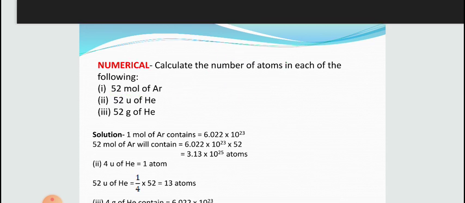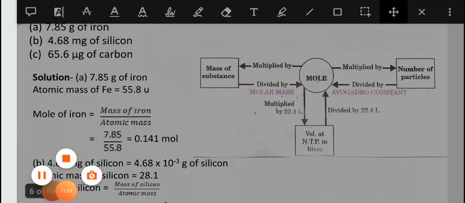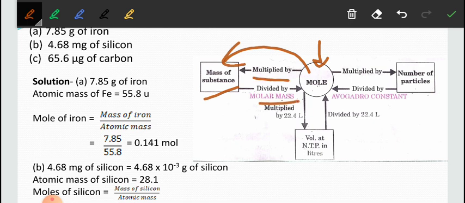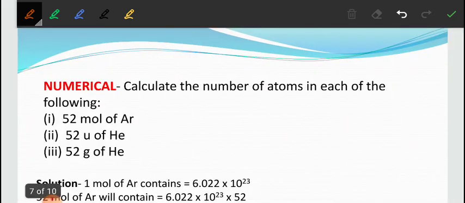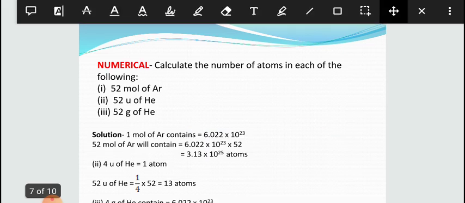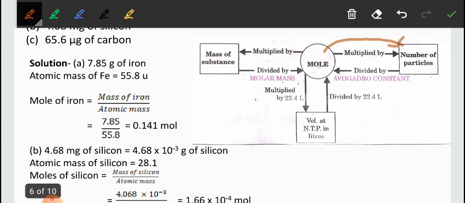Let's move to the figure that we found previously. It is saying that if we have moles and want to calculate mass, what we need to do is multiply by molar mass. Okay, now let's move to our question. According to it, we need to find out the number of atoms from the moles, and if we want to find the number of atoms from the mole, again we have to multiply by the Avogadro number, according to the diagram I am speaking about here.